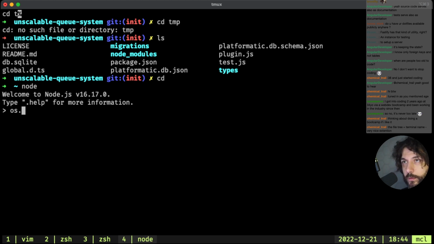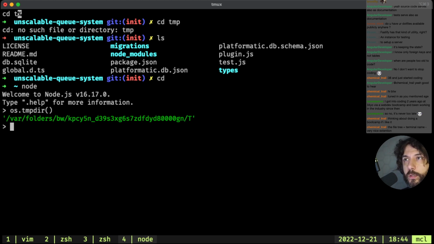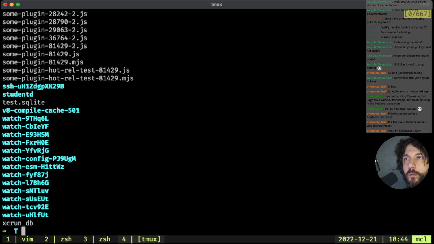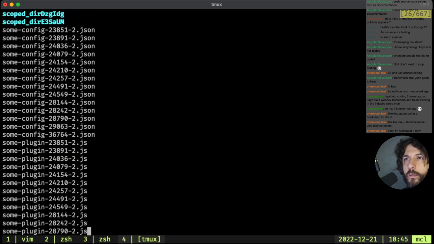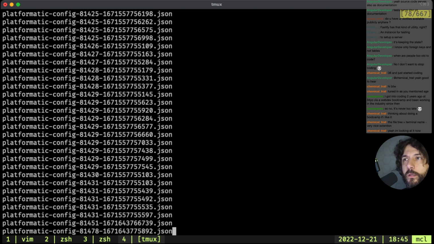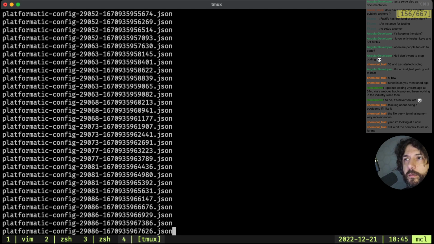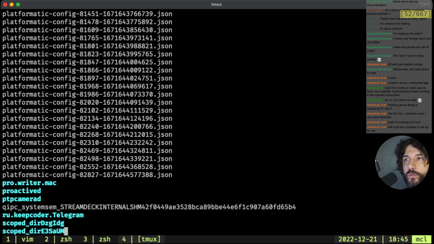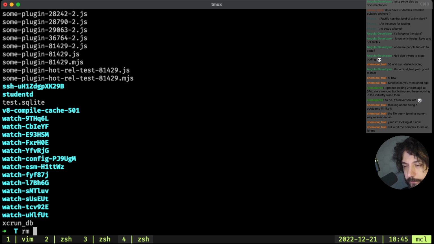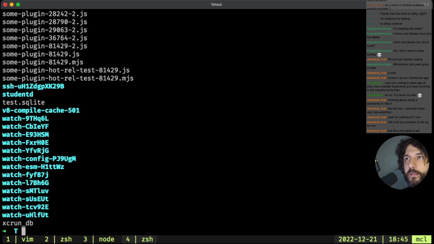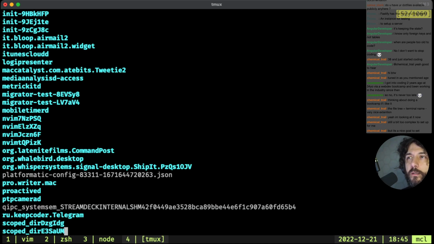Okay, plenty of stuff here. Lot of configs for Platformatic. Let's ls Platformatic config.